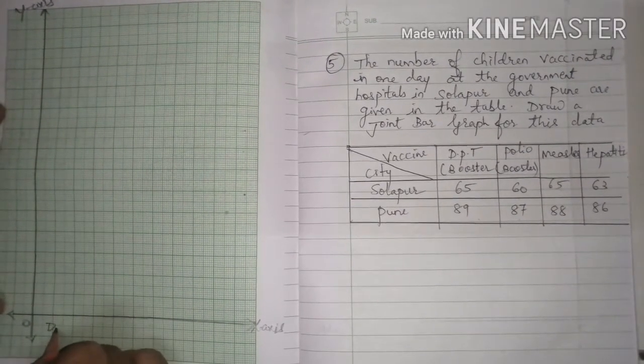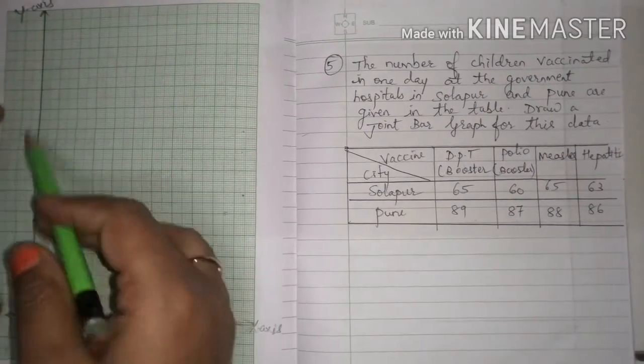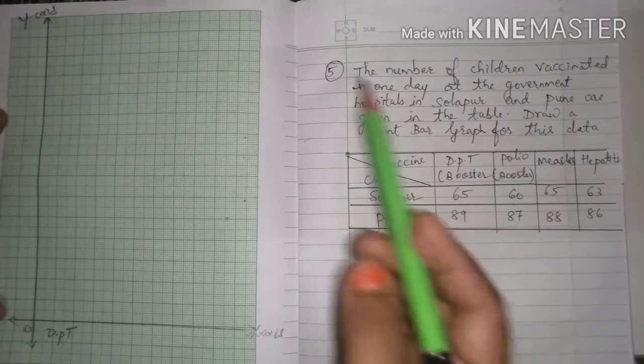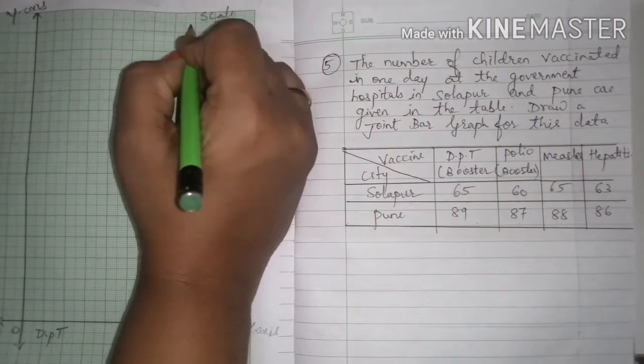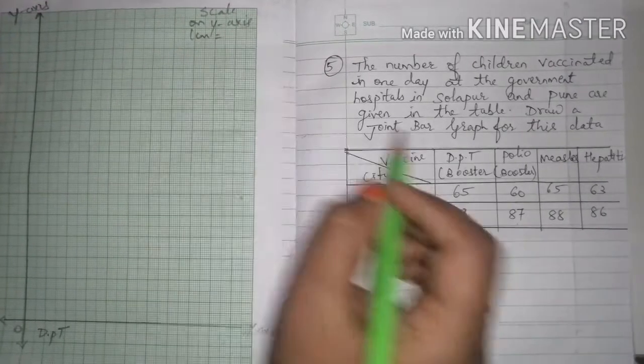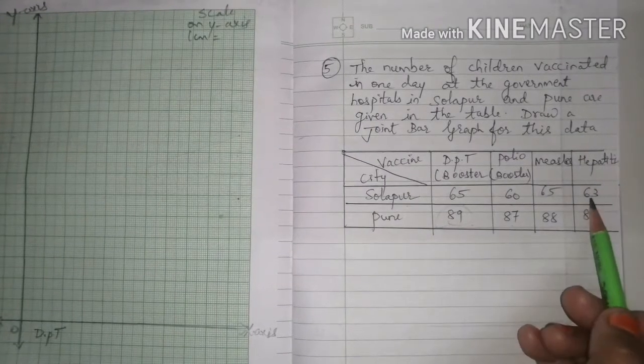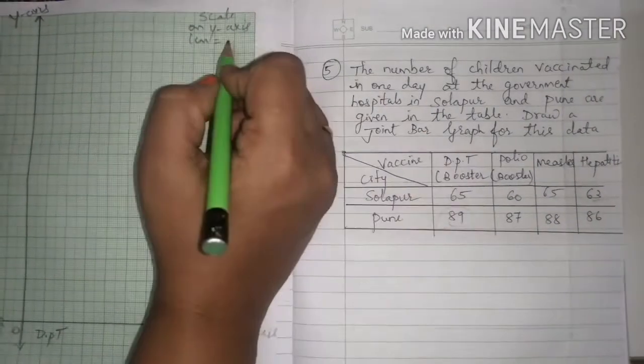The first vaccine is DPT, and the cities will be shown on the Y-axis. So scale on Y-axis, 1 centimeter equals to, here again the maximum number is 89 and minimum number is 63. So you can take 10 only. So 10